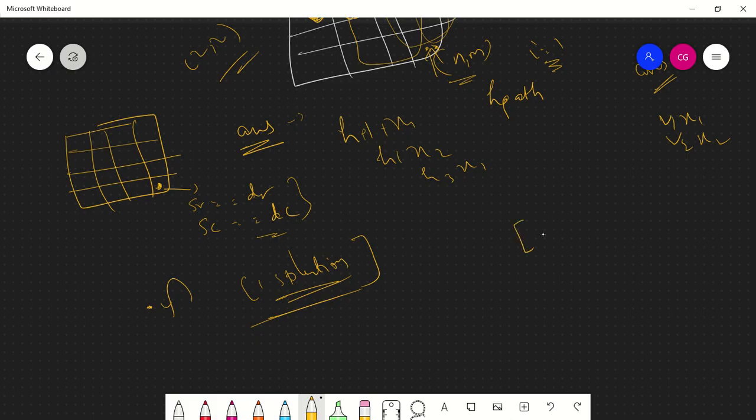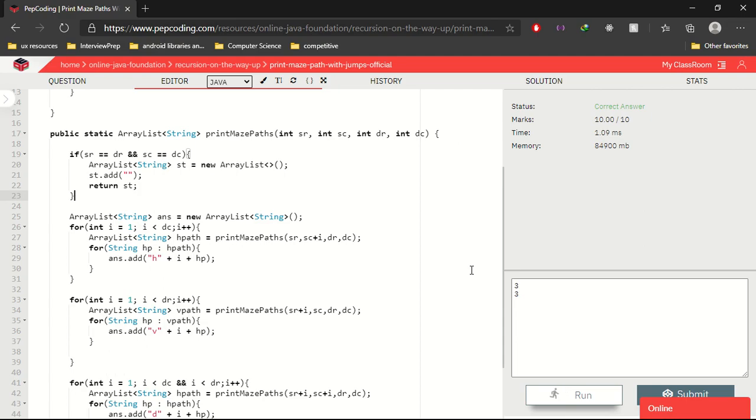What happens here is there is an empty string in it. The size of this will be 1, not 0. Why? Because not moving from that particular point is also a valid solution, which can be represented by an empty string, not taking any decision.